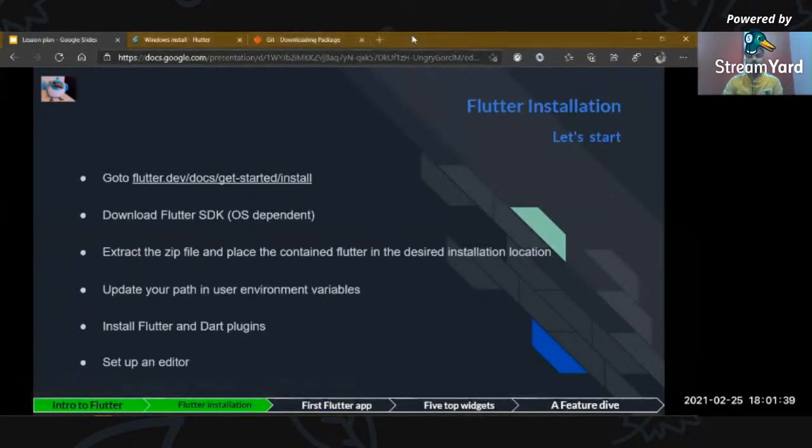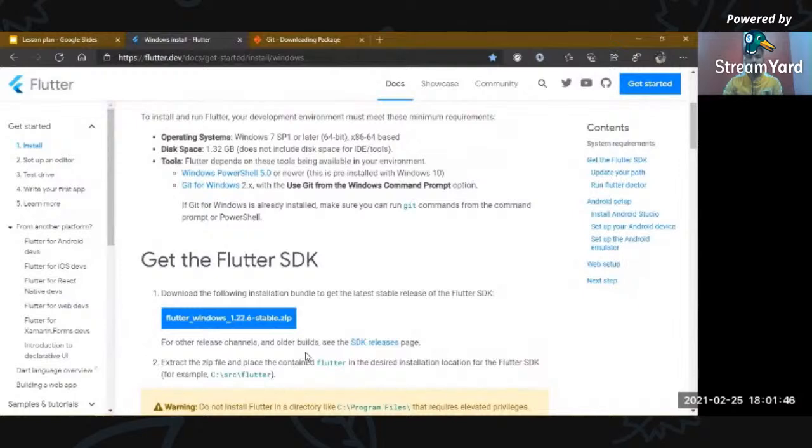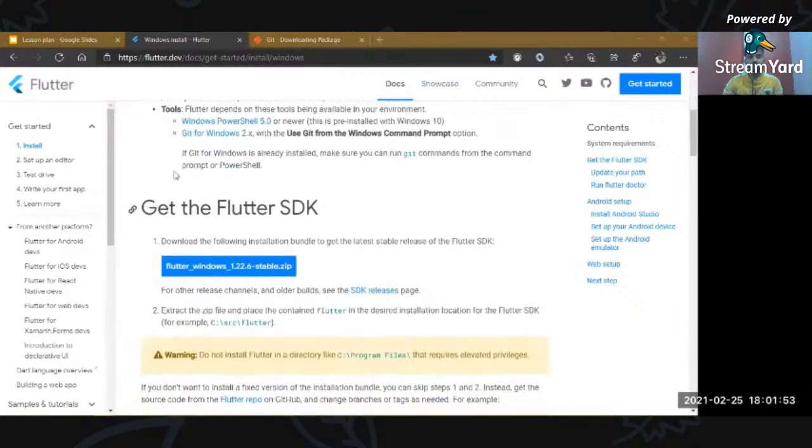So now you have to download Flutter SDK. So let's again go to Windows install screen. So the next part is to get the Flutter SDK.